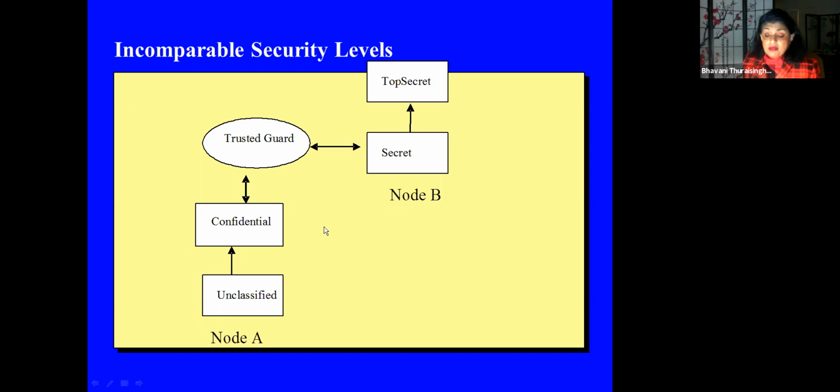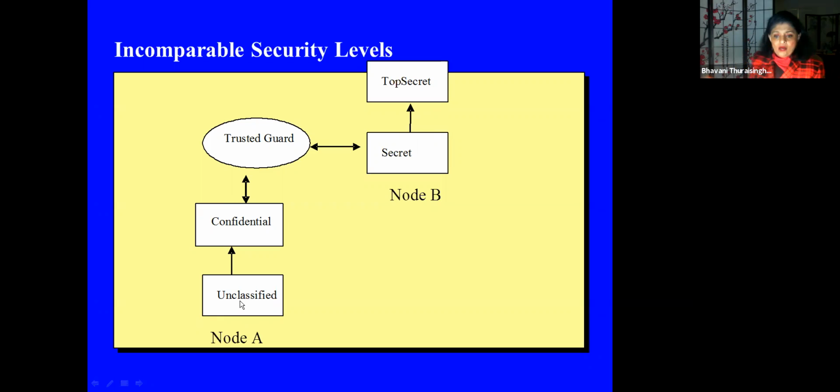Remember, although data can flow up, Bell-LaPadula is saying you can write above, but you cannot write down. Similarly, you can read at or below your level, but you cannot read up. So someone from here cannot read here, and someone from here cannot send data here. You can send data up, but you cannot send data down. So from unclassified, you can send data to confidential. This is like writing, right? Send data to the confidential level, but confidential data cannot go down.